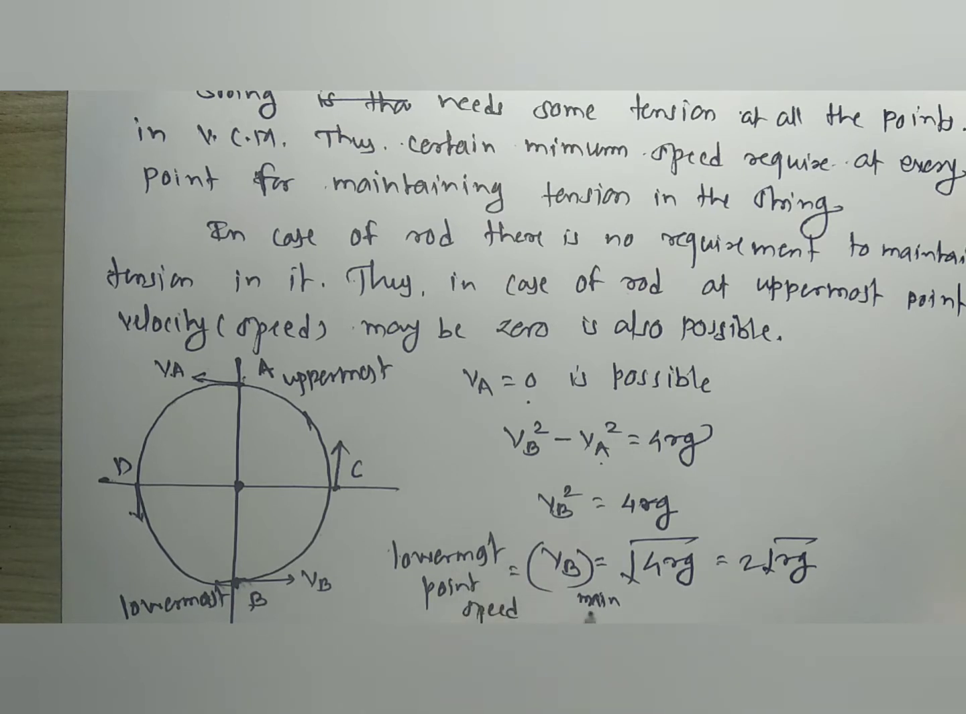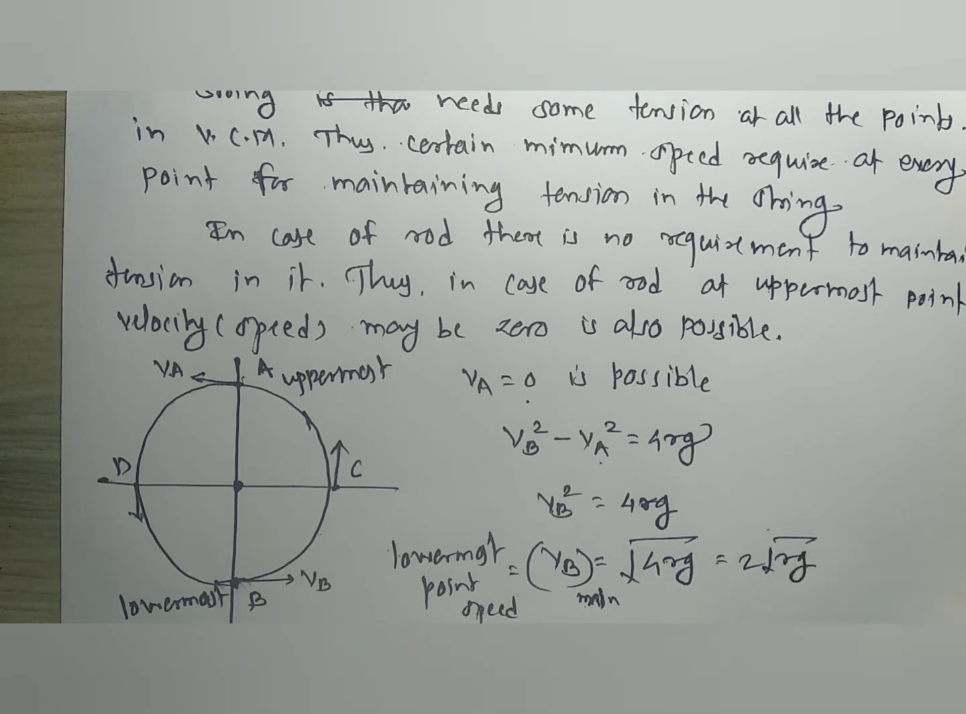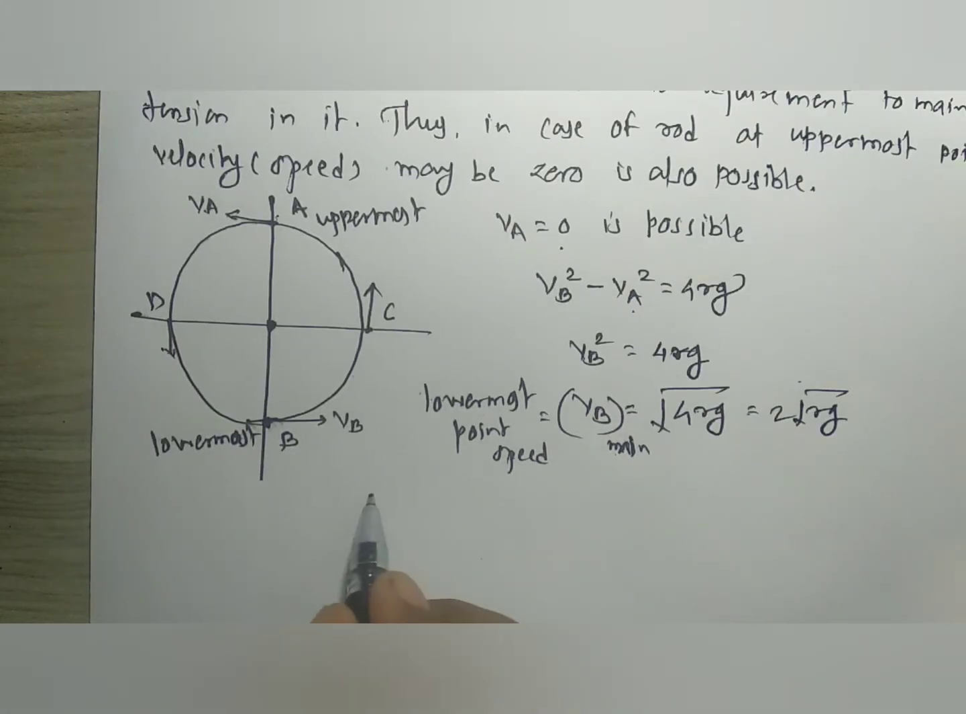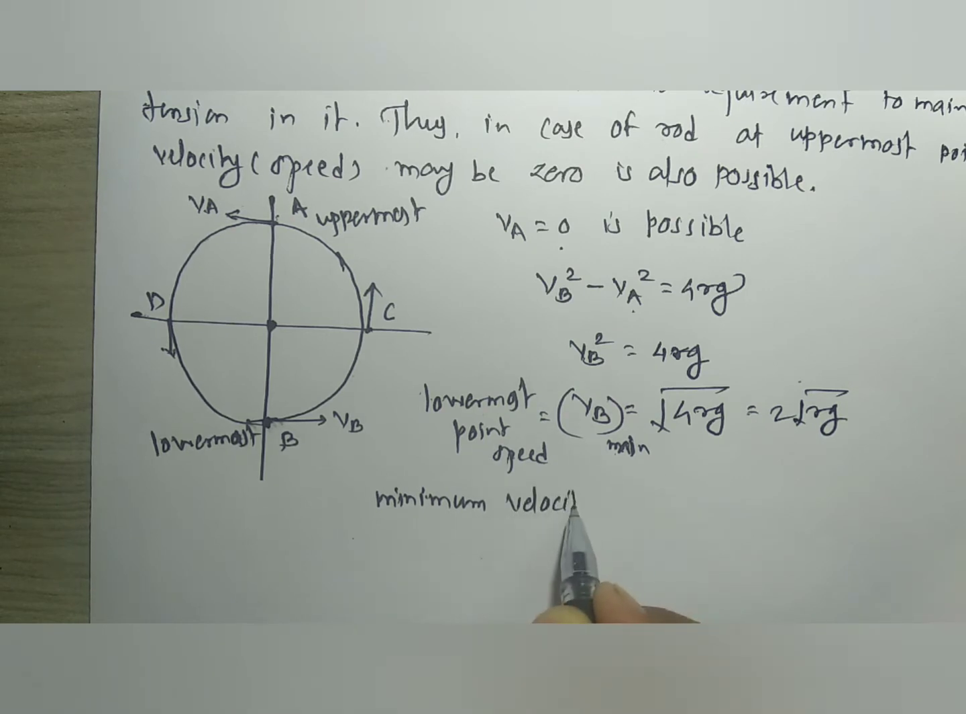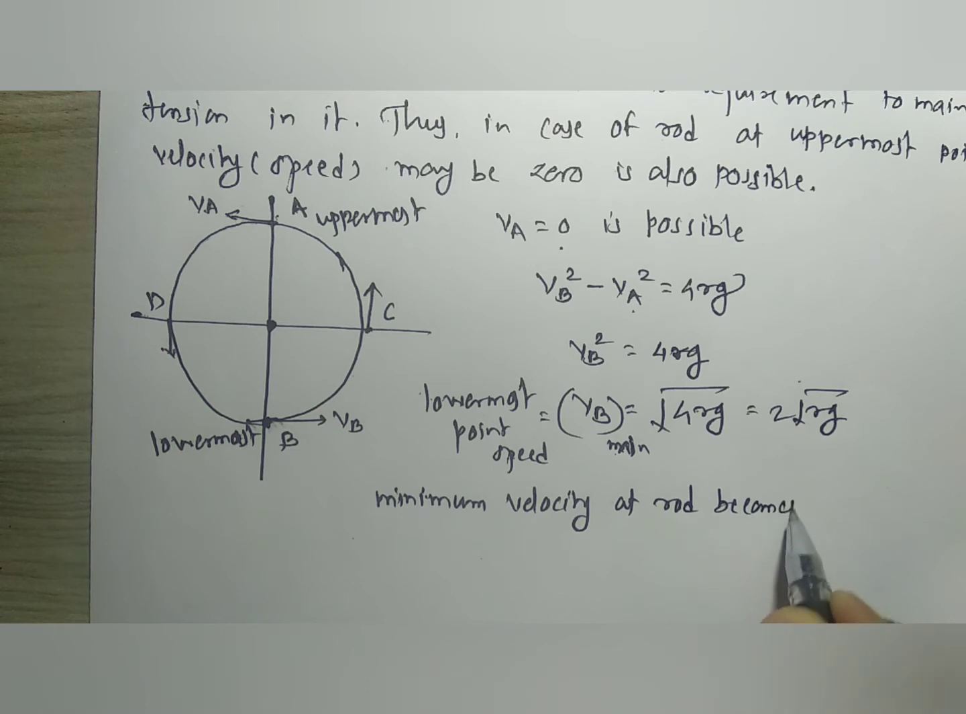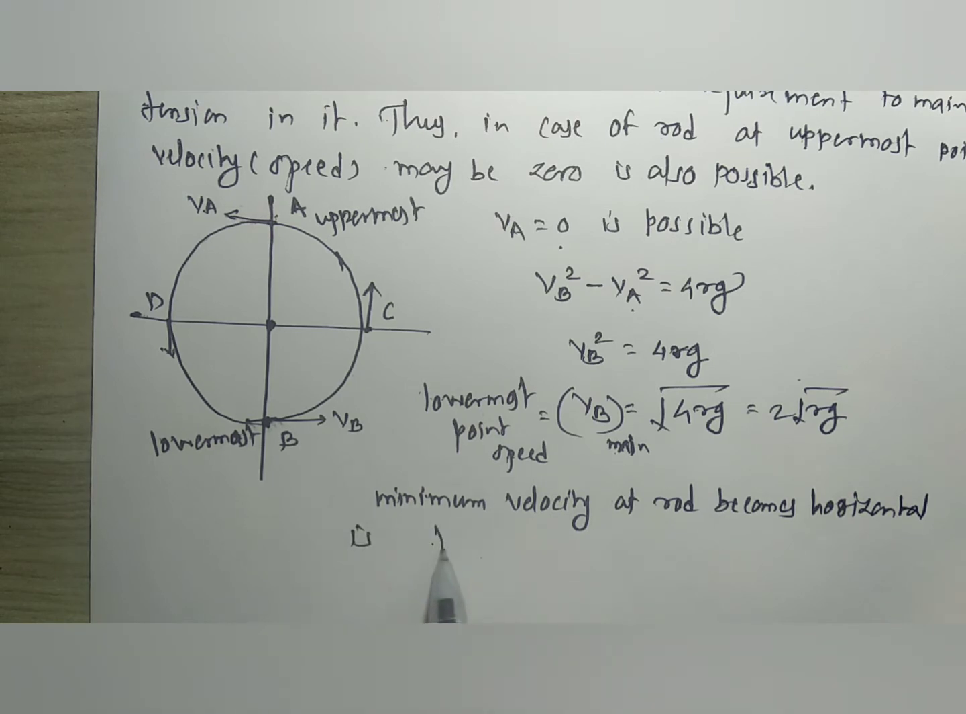And we will get VB, the minimum velocity at the lowermost point, is 2 into square root of RG, as well as you can perform the considerations related to that one, and you will get the minimum velocity, or speed, at the point where the rod becomes horizontal. We have to take the V minimum, and at the horizontal position it will have the value square